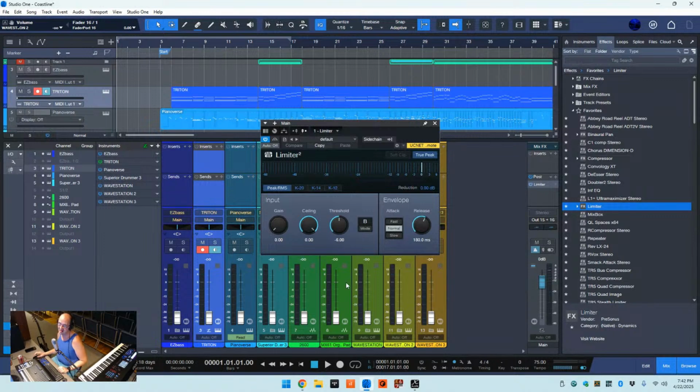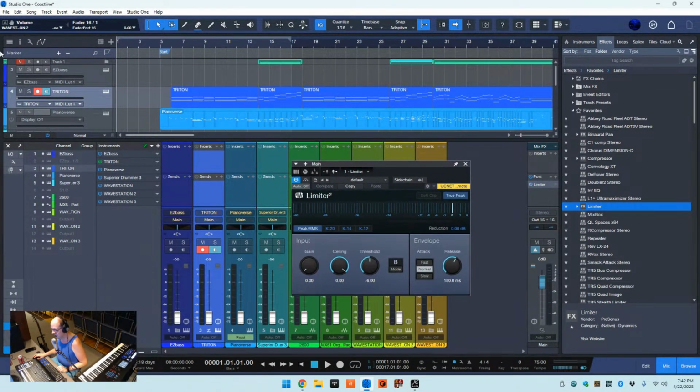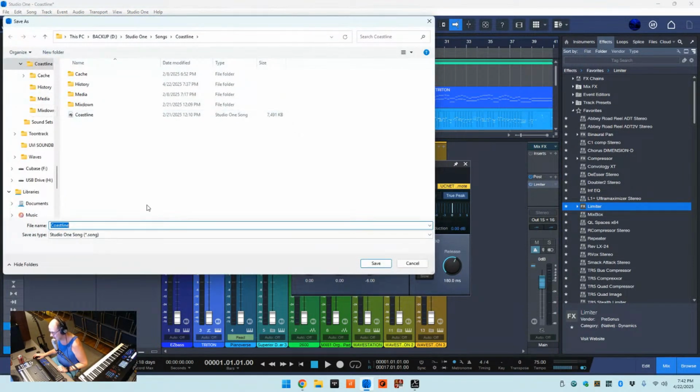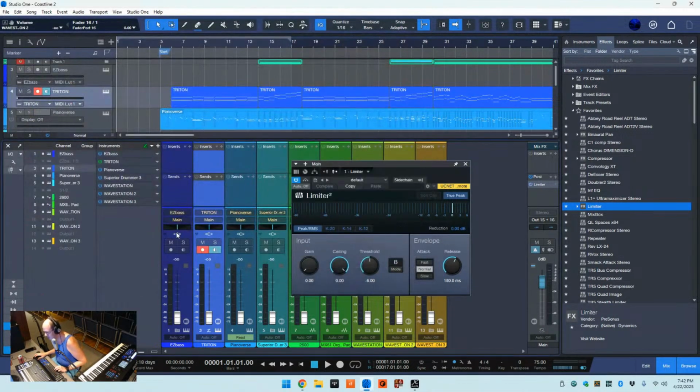Yeah, color channels. This is also something that I don't think Pro Tools has, although I think you can do that. But the nice thing, I think Logic does it automatically, but Studio One has been doing it since version 7, which is what this is. And actually, what I'm going to do is go ahead and save this as a new version. So I'm just going to call this Coastline 2,